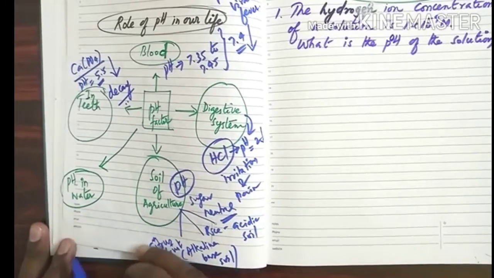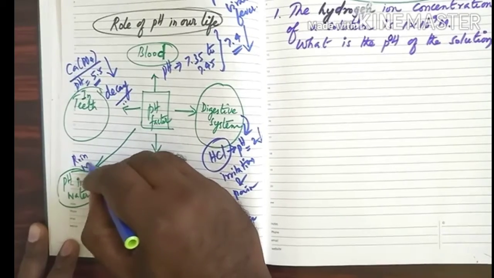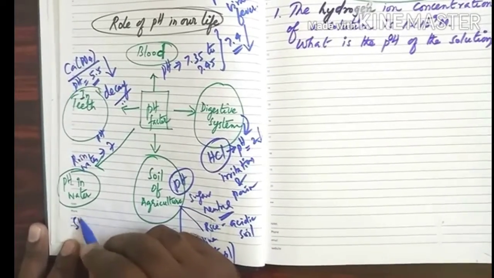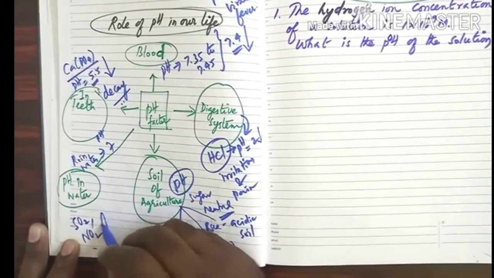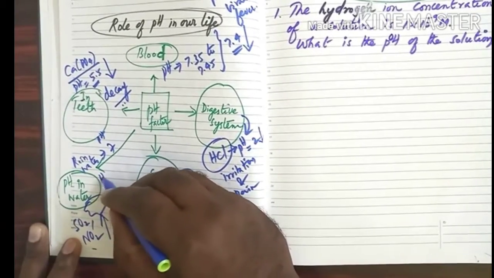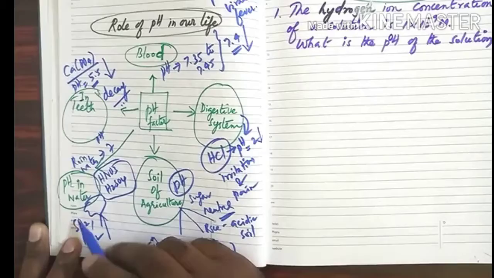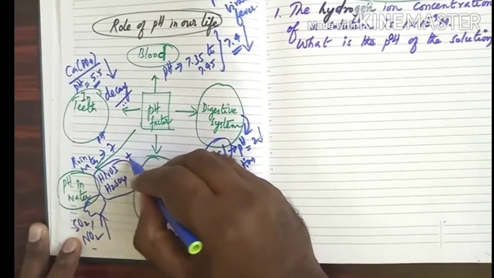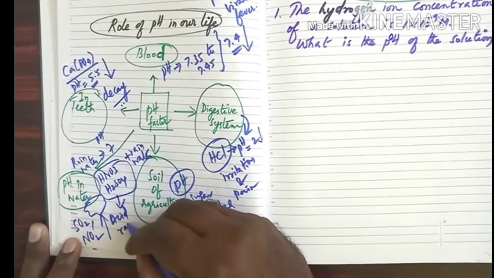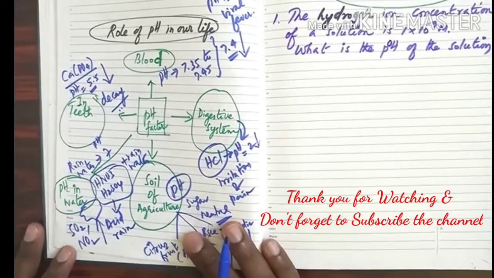Last one, pH in water. Even pure water and rainwater have a pH value of 7. The factories create sulfur dioxide and nitrogen dioxide, which go to the clouds and make the water into nitric acid and sulfuric acid. See, now the oxides have become acids when they combine with rainwater. So rain plus acid gives acid rain. These are some of the factors that determine the daily uses of pH in our life.